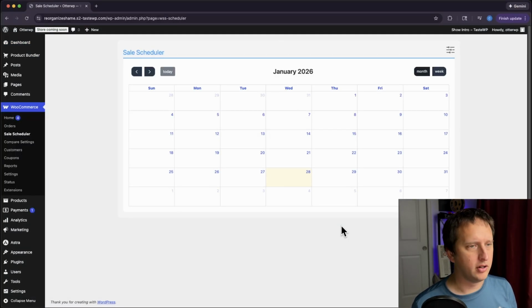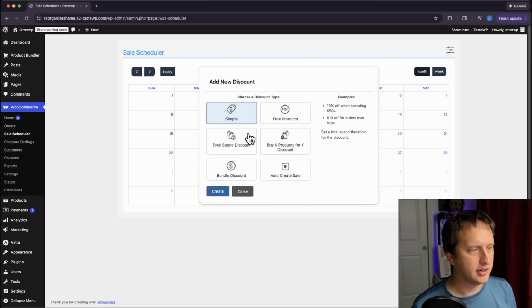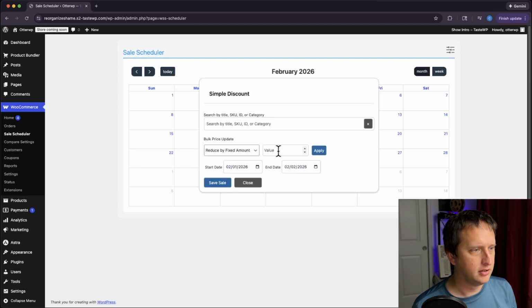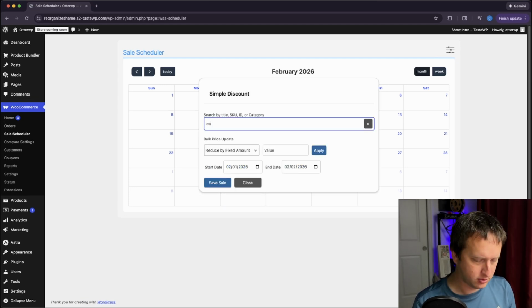So all you need to do after you install it is go over WooCommerce and Sales Scheduler. And here we are in the discount manager. You can schedule discounts from here, and we'll start from February. We'll start on February 1st. Just click the day, add a simple sale, create, and now you can start adding the products you want to discount here. So we'll add a cap,